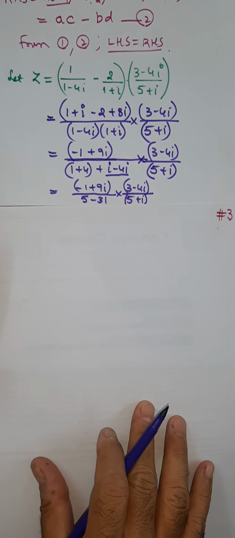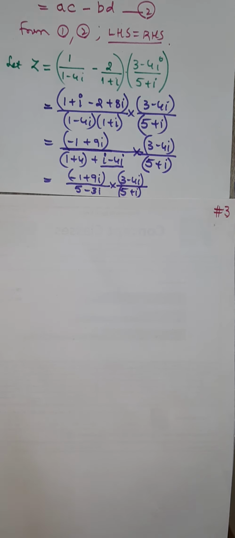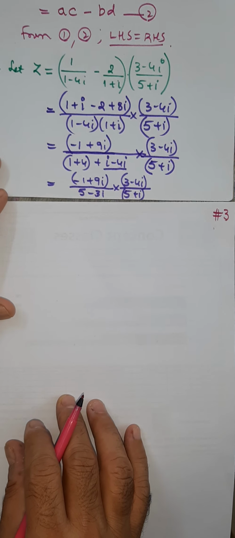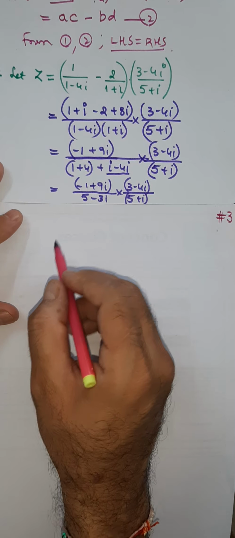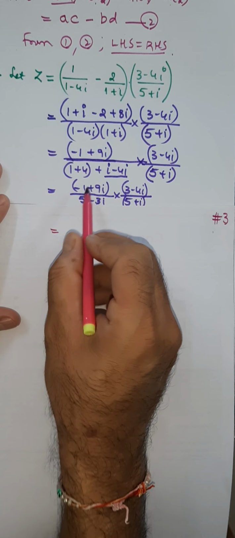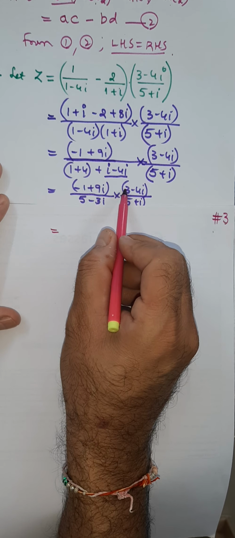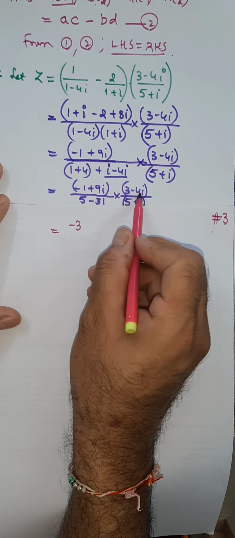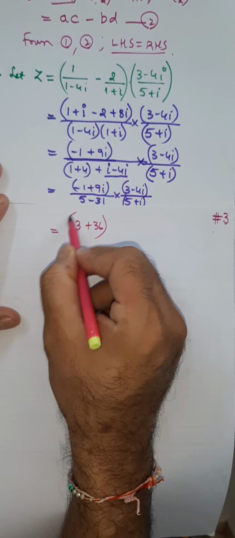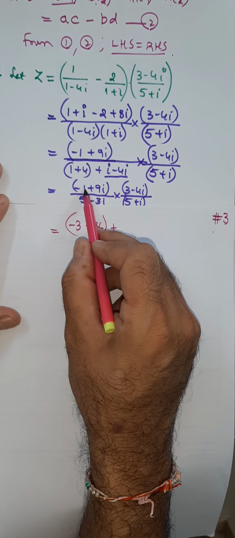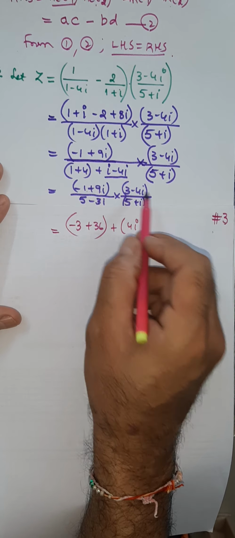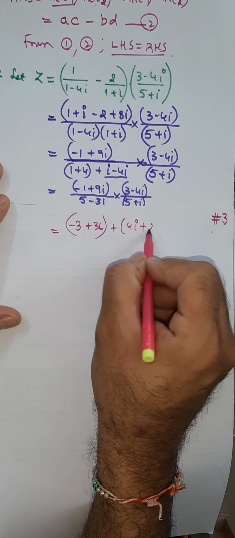So now if I continue with further simplification, what we do is just open the brackets in the numerator and denominator. Right? So how do I open? As we were doing in numbers, minus 1 here, minus 3, so this is minus 3, this into this, which is minus 36 iota, so plus 36, plus minus 1 multiplied with this, which is 4 iota, and this is plus 27 iota